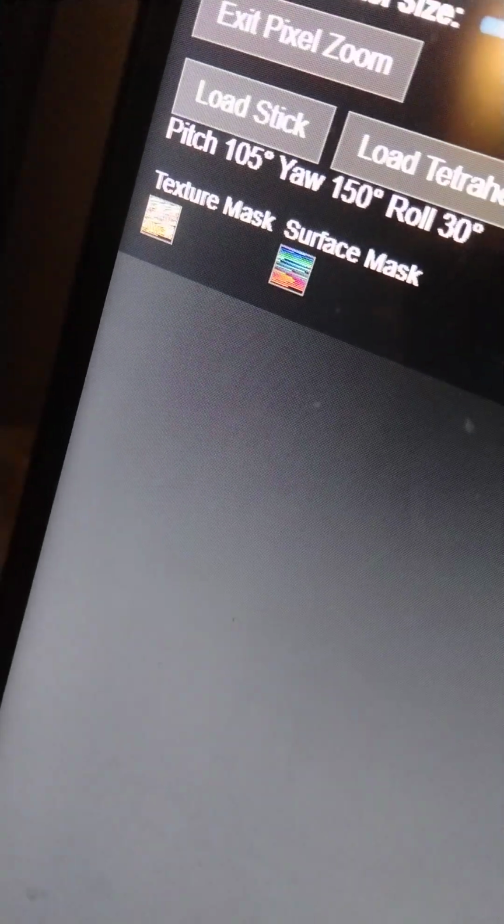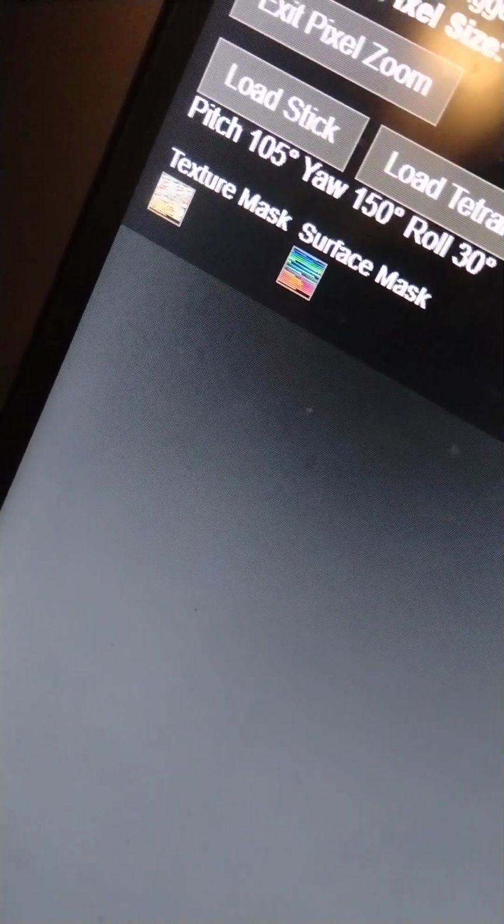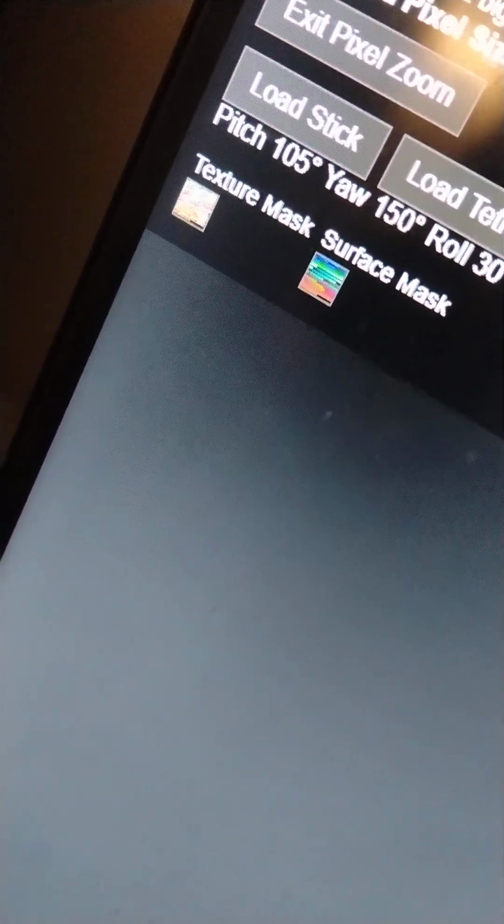And what you see in front of you is not rendered classically. It's rendered using particles. So particles are making this. And the particles that are making it are encoded into the surface mask and the texture mask. So this and this equals this. And when I press buttons to rotate it,